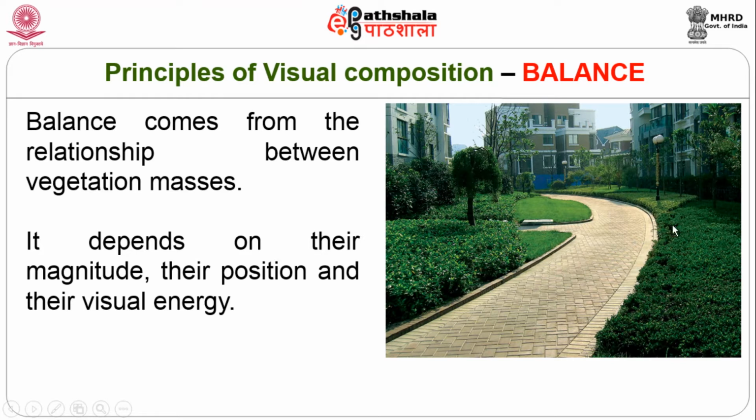Then the planting and the massing is done on either side, and here we have a slightly taller element, or else the width is very less. Here you have additional depth. So, the depth varies on either side of the axis. The plants are a little taller here, but here we have a lot of depth, which means a considerable foreground is used as ground cover, and then the taller plants start. The balancing is further done by introducing taller plants, which we would see as we keep moving on. So, it depends on their magnitude, their position, and also on their visual energy.